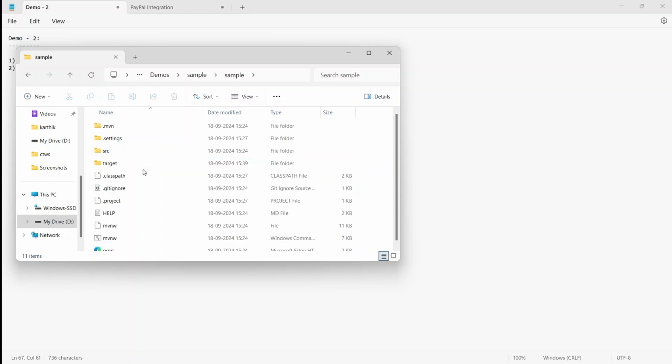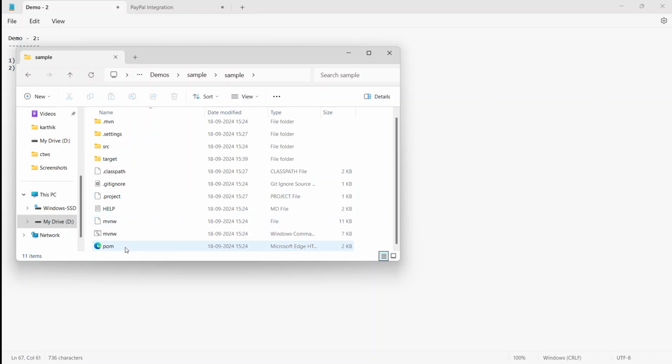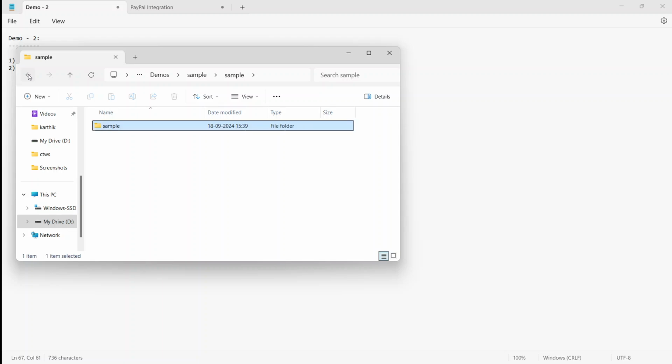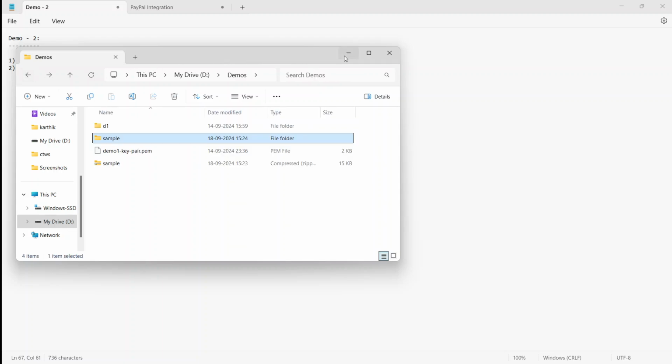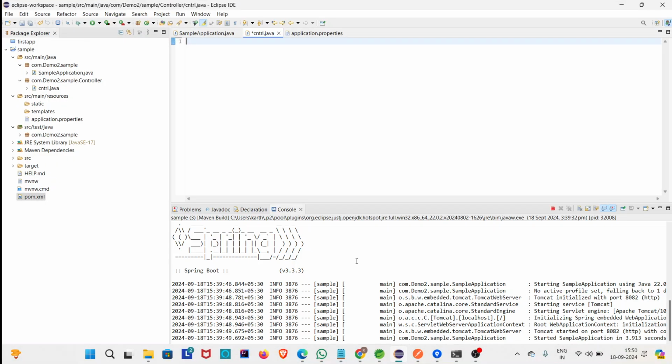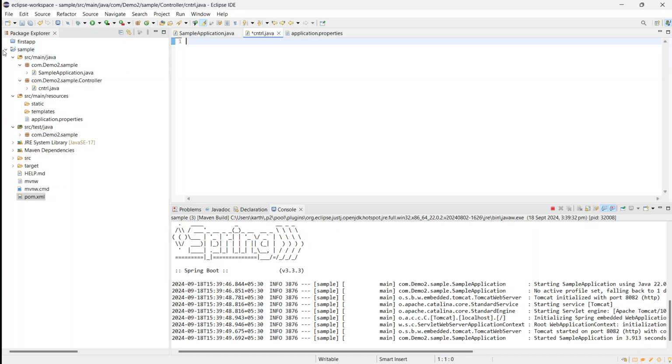In the sample folder, they're showing the .mvn, .settings, src, target folder, .classpath, .gitignore file, .project file, the help file, and the Maven pom.xml file. These are the files that exist in our sample folder. So at first, for running any Spring Boot application, we need to import that folder into our IDE. So here I'm importing it